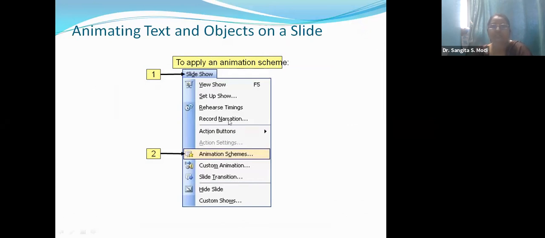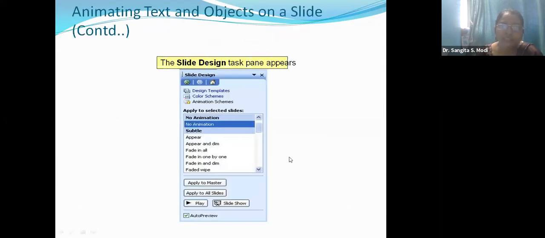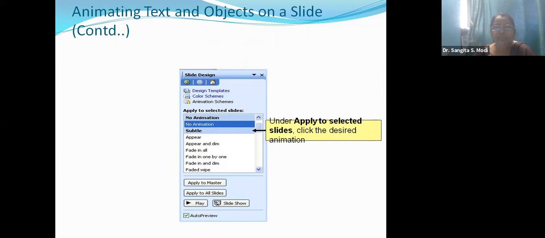So now animating text and objects on the slide. To animate the text, you have to go to the slideshow, then click on animation scheme. The slide design task pane appears on your screen. Next, under apply to selected slide, click the desired animation that you want to apply. Okay, here appear, dim, appear, all these things are the different